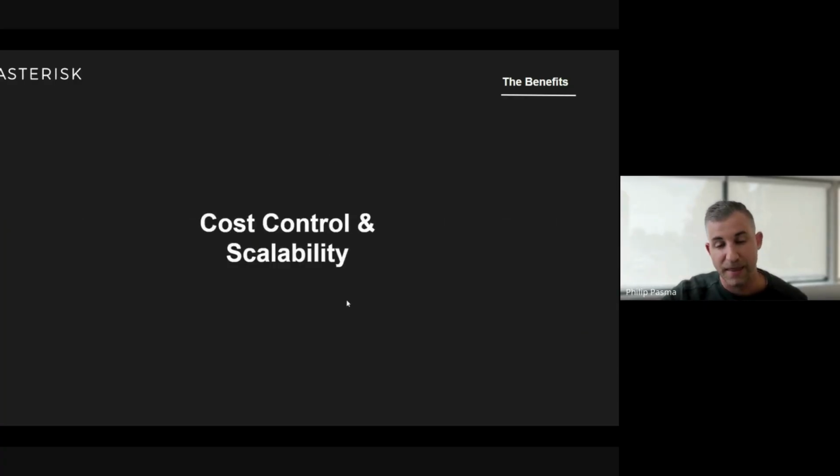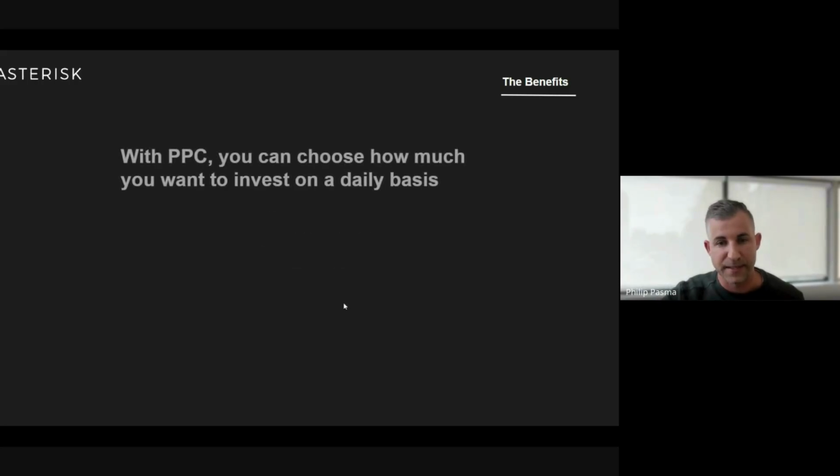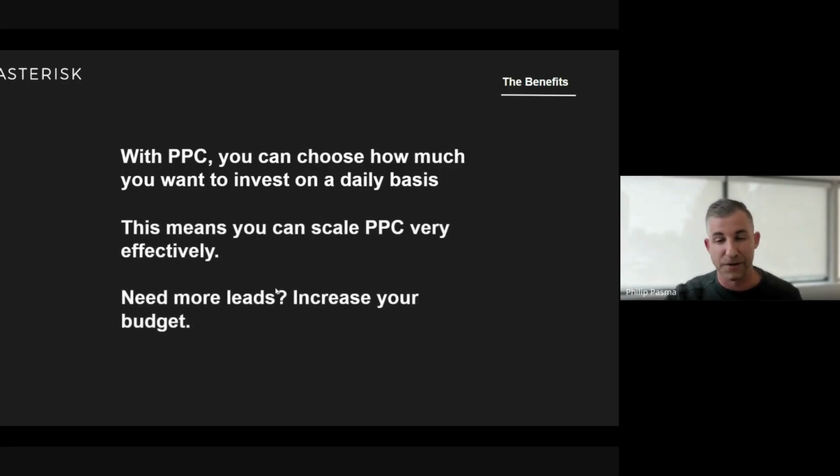And then this is a big one too. We get a lot of people that come to us, and maybe they're doing really good with referrals and sphere of influence, but they need something that they can scale and is predictable. So with Google and pay-per-click, you can set your daily budget, and it could be $10 a day, it could be $100 a day, and you can just increase it or lower it so it can scale,